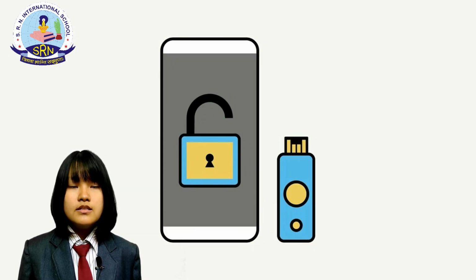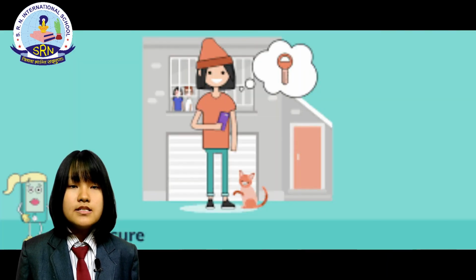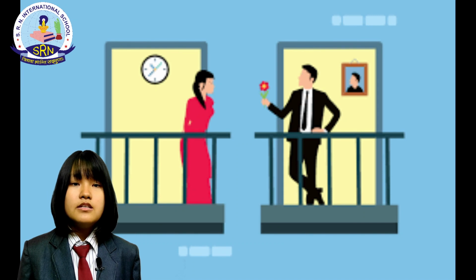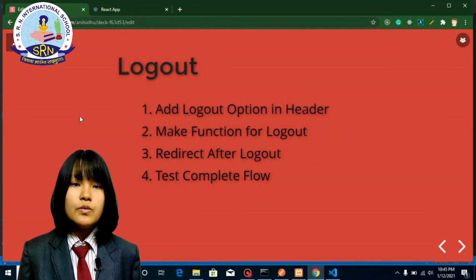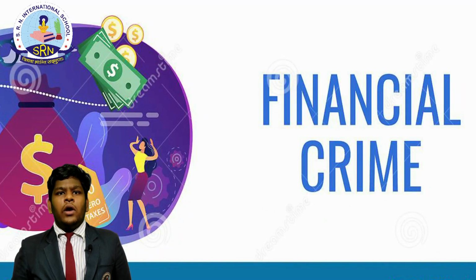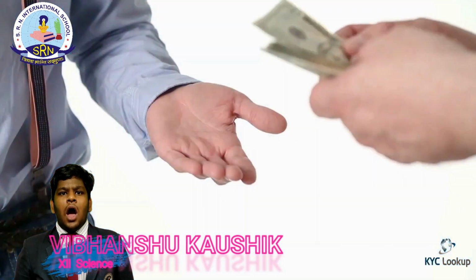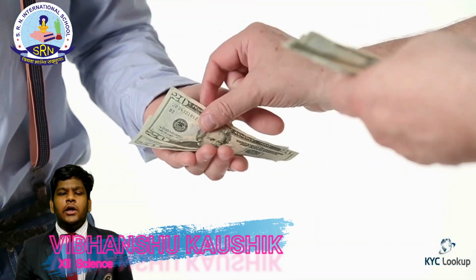First, protect your account and device. Second, use the tools and settings. Third, keep personal stuff private. Fourth, manage location sharing. Fifth, log out when using a public device. Sixth, report cyberbullies. Financial fraud crime happens when someone deprives you of money or otherwise harms your financial health through misleading, deceptive